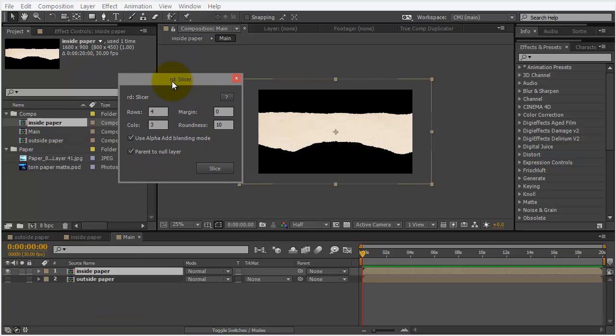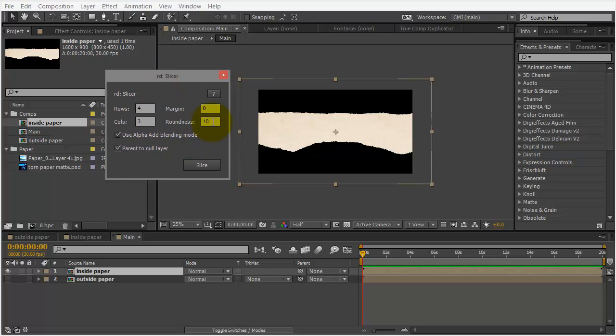So this is a great little script, and we can put in how many rows we want, how many columns we want. So obviously you can make a grid of images, but we just want slices. So we're going to do one column. Roundness, we want it to be 0. We don't want to have any roundness at all. And I don't want to use any blending modes right now, and I do not want to parent all my slices parented to a null. Now for rows, the more rows we have, or I'm sorry, this is backwards. We want one row,